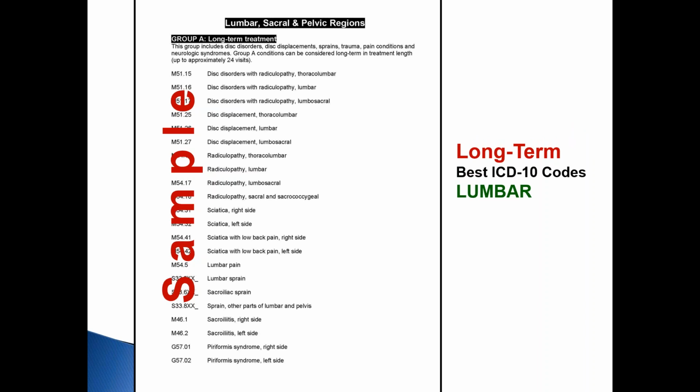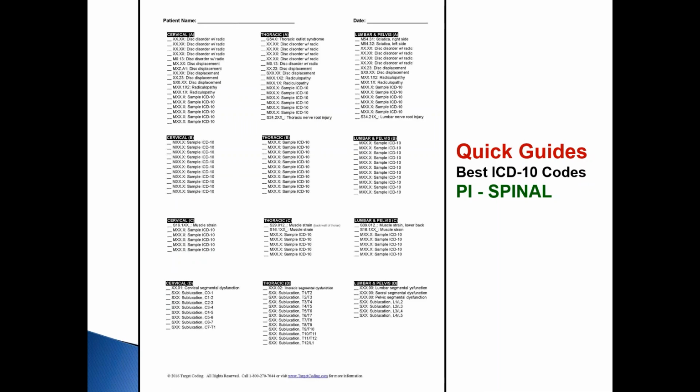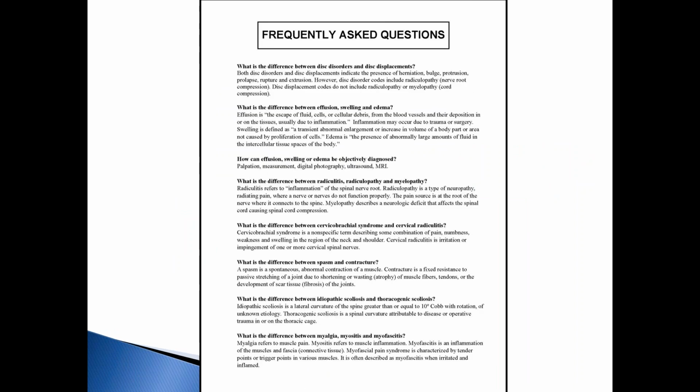For example, sciatica will get paid for more visits than simple muscle strain. So we break those down for you, and we have our own little cheat sheets and quick guides that are in this book. And this is the page of the book that I showed you earlier that gives you the ortho, neuro, chiro tests for many of the most common